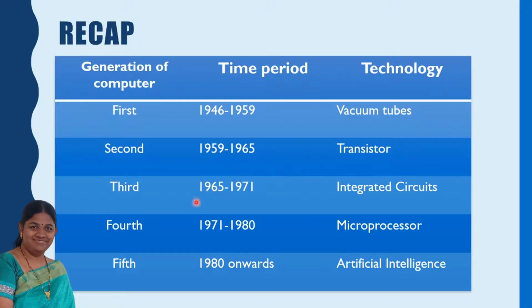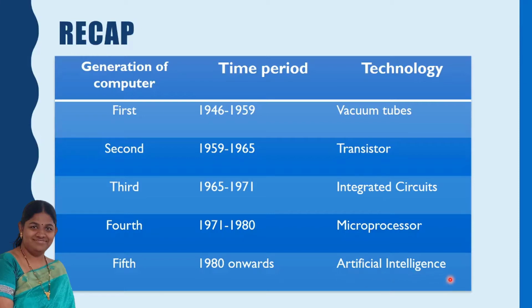The third generation computer time period is from 1965 to 1971 and the technology used is integrated circuits. The fourth generation computer is from 1971 to 1980 and the technology used is microprocessors. And the fifth generation computer is from 1980 onwards and the technology used is